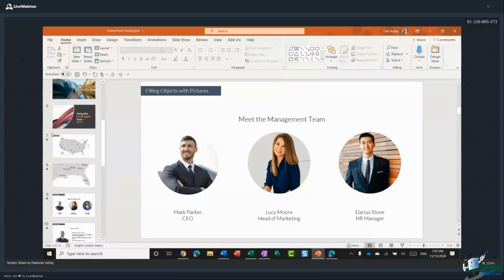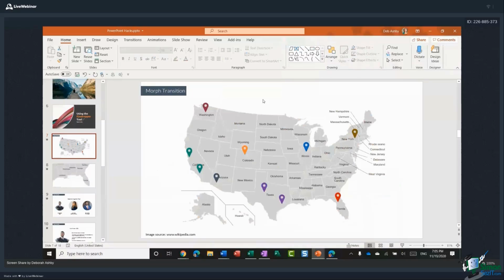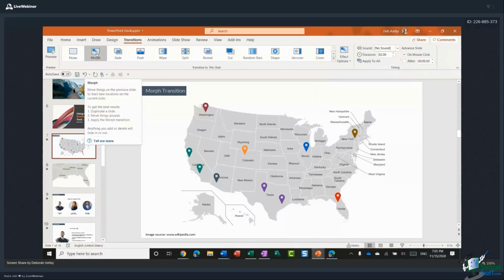All right, moving down. Now we get onto something that is pretty exciting. And this is really one of those things that can take your presentation from being a standard, boring, moving from slide to slide into something that really knocks people's socks off. Now, I'm sure you've all been used to using animation in your PowerPoint presentations, but now we have a new transition called Morph. And I say new, it was released in, I think, the 2016 version of PowerPoint. So if you're using 2016 or Office 365 or even 2019, on the transitions ribbon, you should see this transition just here. It's called Morph.